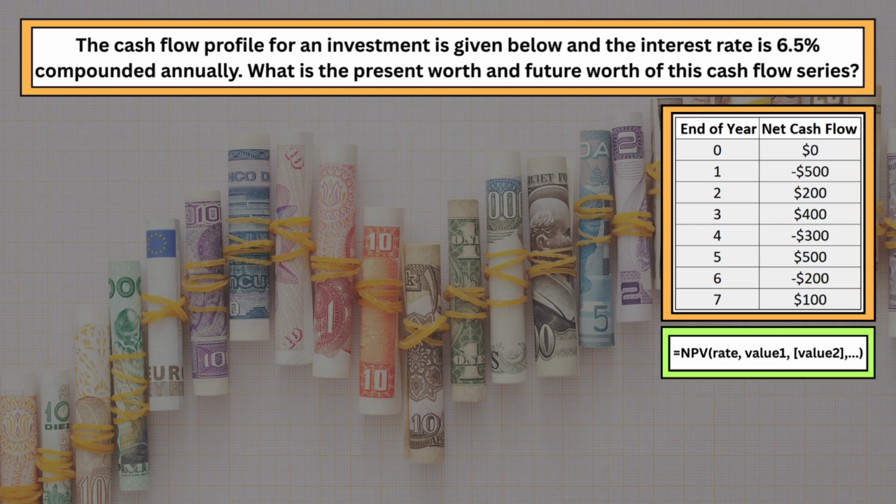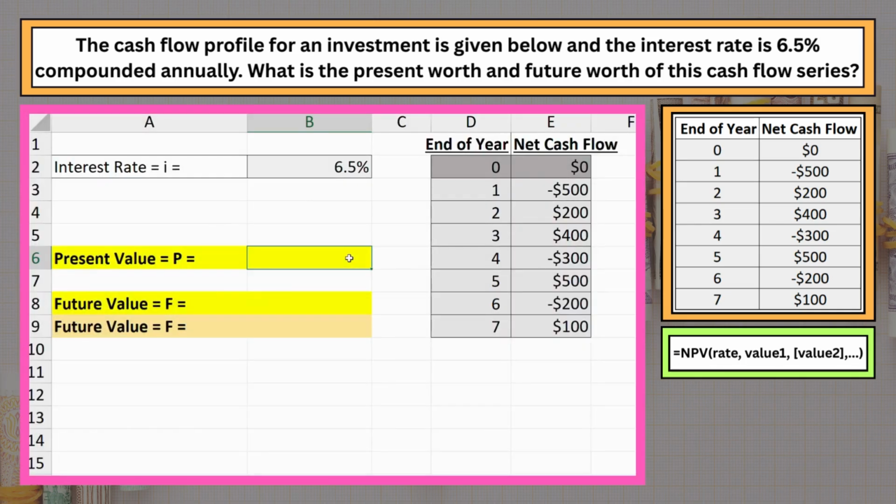In other words, NPV is just a shortcut for add up all the present values. In Excel, we type the function as follows: equals NPV(6.5%, E3:E9). Here, E3 to E9 is the range of our yearly cash flows. That gives us a present worth of